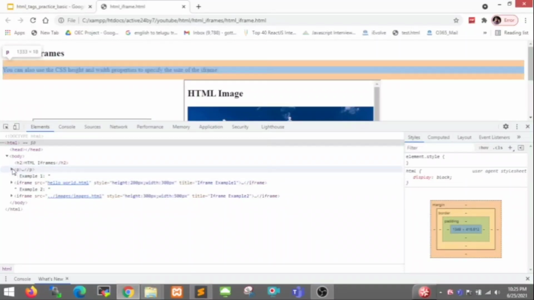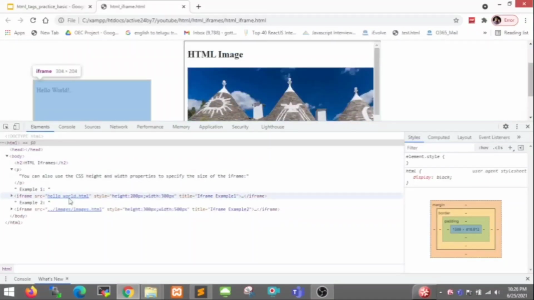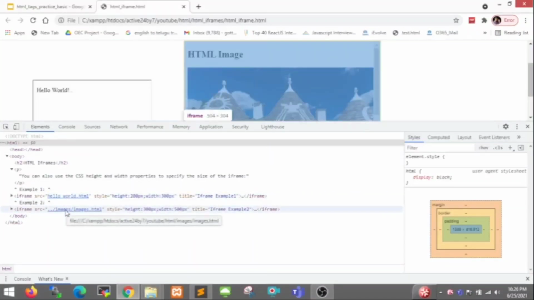Here I defined one heading and a paragraph. Example 1, the first iframe: hello world is coming from here, and the image is coming from here. So this is the concept of the iframe, friends. I hope you understood iframes in HTML well.